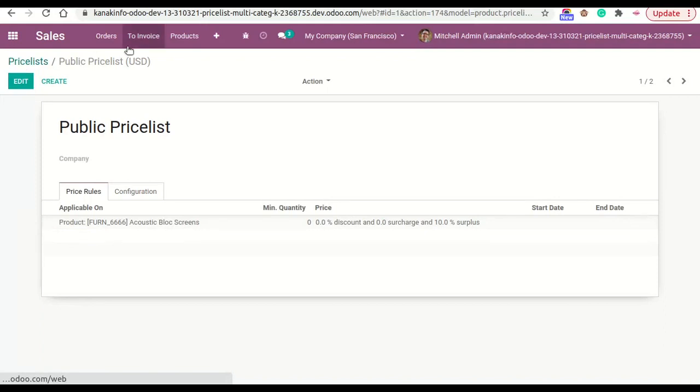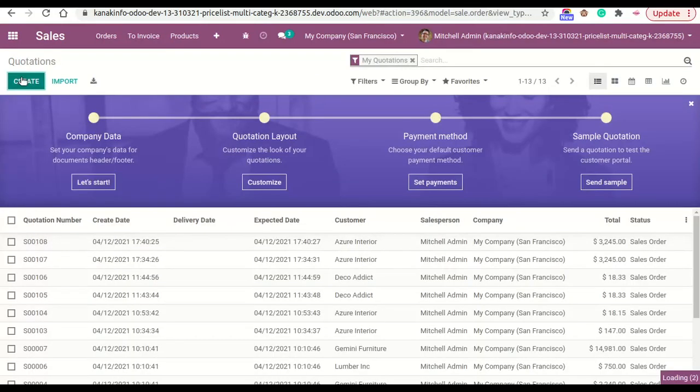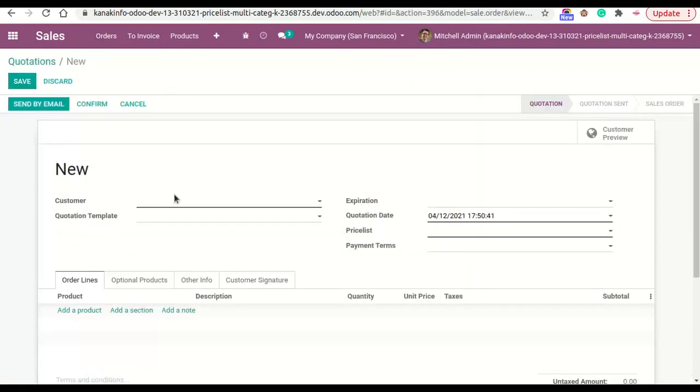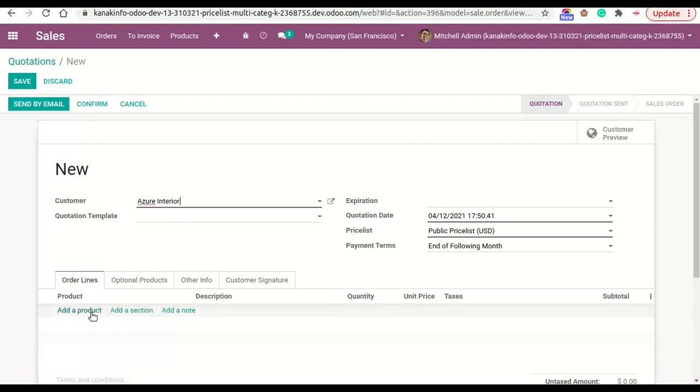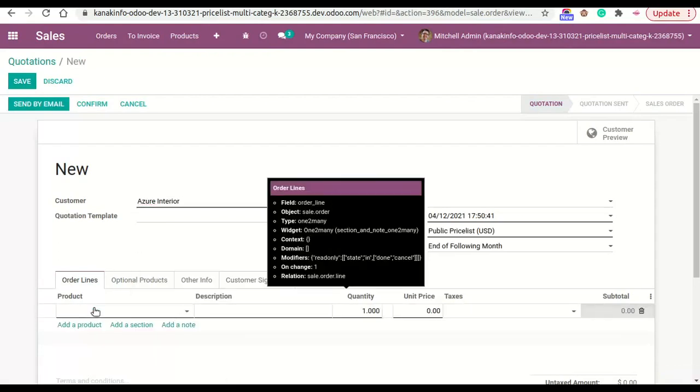After that create a quotation for this product. Add your customer and add a product which is added in the price list rule.